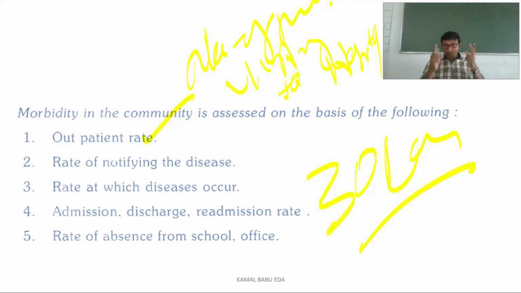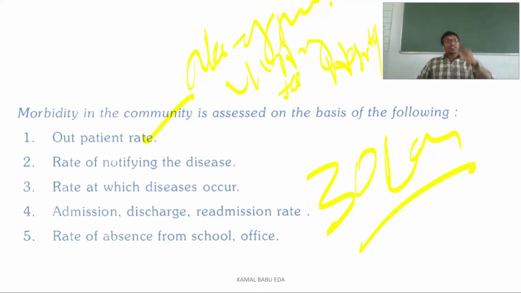For example, take COVID-19. We have seen that nearly 1 crore people of the country are affected with COVID-19, and nearly 70 to 80 lakh people have cleared the disease and were discharged from hospital admission. Based on that you can work out the morbidity rate, correct or not? How many people have died, how many people are there in the community with the particular disease. This is how the morbidity rate can be assessed. This is one of the health indicators.